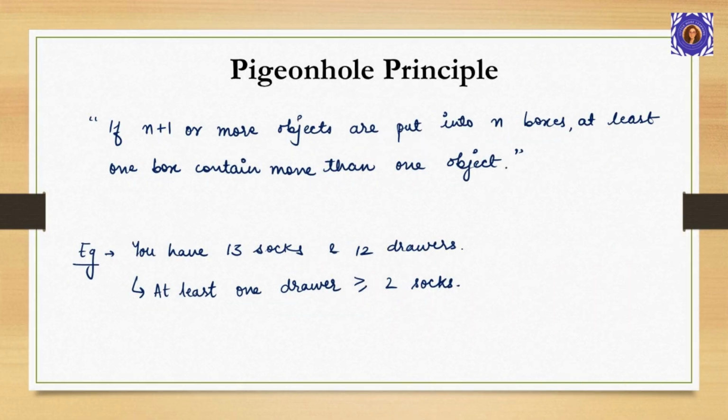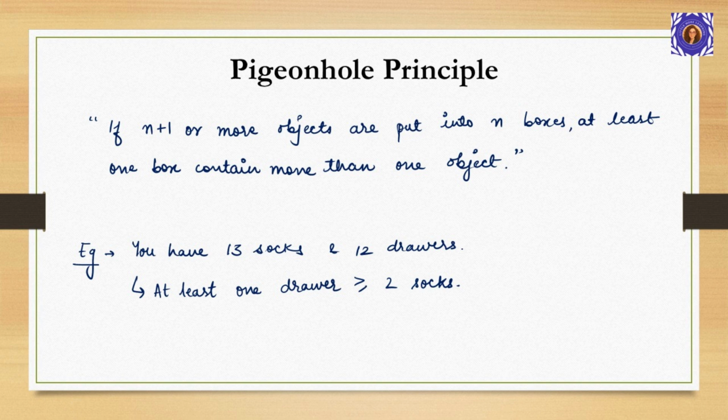Moving on to our next topic, let's explore one of the most elegantly simple yet surprisingly powerful principles in mathematics, the pigeonhole principle. The principle states, if you have n + 1 or more objects and only n containers to put them in, then at least one container must contain more than one object. This might seem almost trivially obvious, and in a sense it is. But don't let its simplicity fool you. This principle is the key to solving many complex problems in computer science, number theory, and combinatorics.